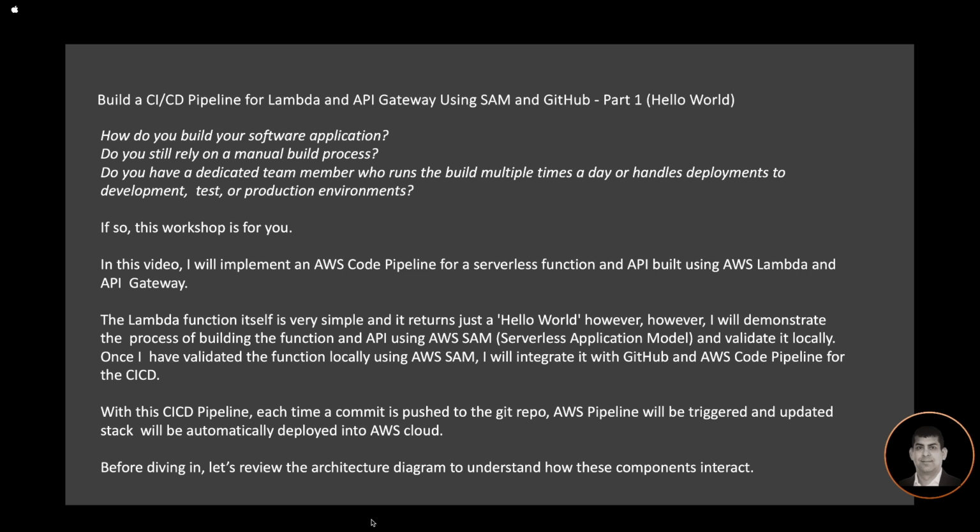In this video, I will implement an AWS Code Pipeline for a serverless function and API built using AWS Lambda and API Gateway. The function itself is very simple and it returns just a hello world. However, I will demonstrate the process of building the function and API using AWS SAM, which is Serverless Application Model,